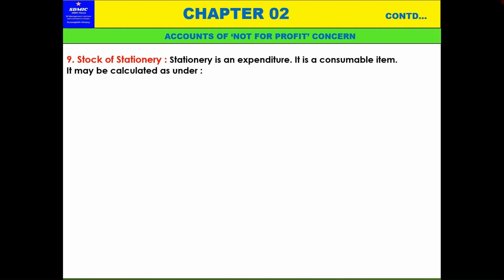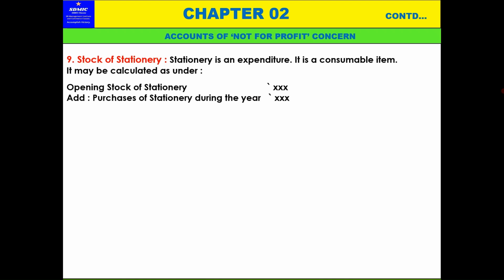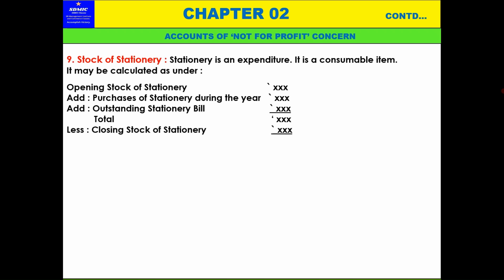तो उसमें स्टेशनरी आइटम्स का डिटेल्स निकालता है, कंजम्पशन लेता है, कितना कंज्यूम किया है। हाउ द स्टेशनरी कंज्यूम्ड इज अराइव्ड, मीन्स जस्ट वर्क्ड आउट। Opening stock of stationery is so and so. Add purchase of stationery during the year so and so. Add outstanding bill, stationery bill, अगर कुछ bill last में purchase किया उसका entry नहीं किया है, then it should be added. Then total आया, out of this total less closing stock of stationery, कितना closing stock है, वो minus करके the final figure coming is stationery consumed.